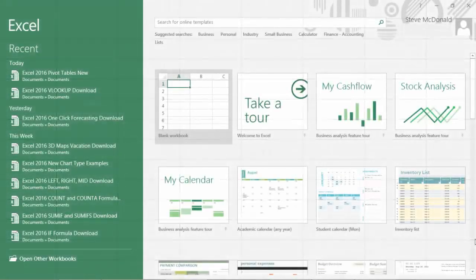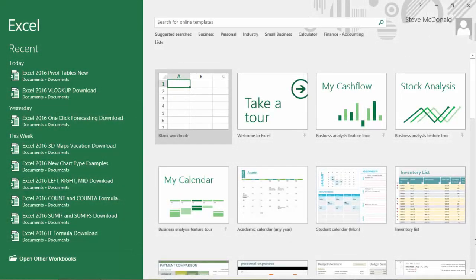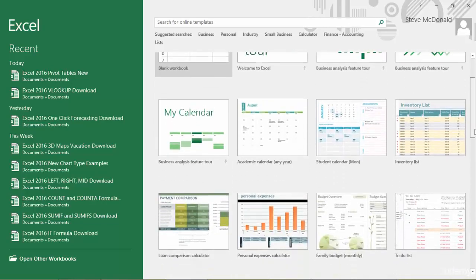So once you've opened Excel once and you've used it, when you click on the Excel icon and open it, it will bring you to this screen. And this screen basically gives you the option to open up a recently used document, to open a blank workbook here, to take one of the various educational tours of Excel's newer features like stock analysis, my cash flow, or the overall Excel tour. Or you can go into any of these templates, and if you scroll down, you'll see